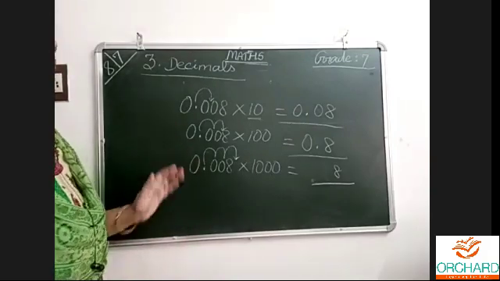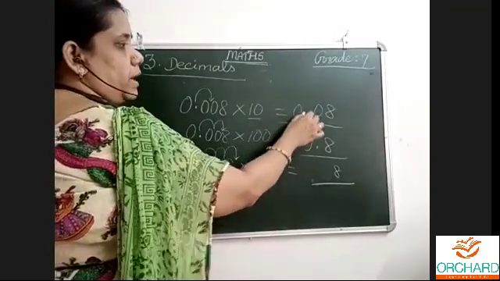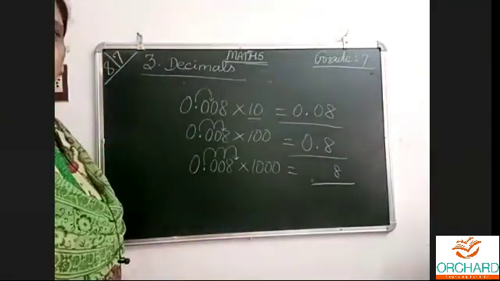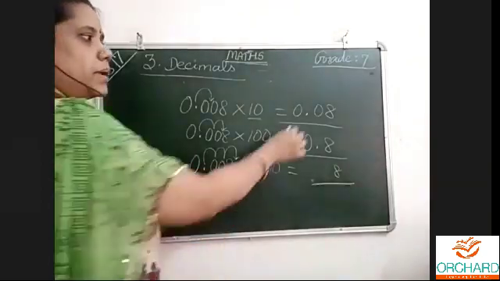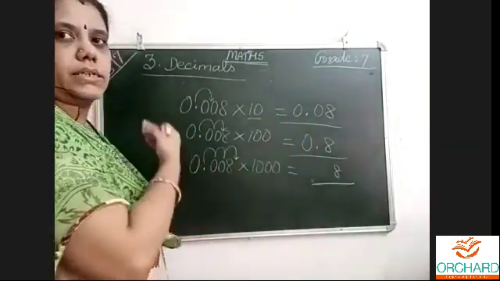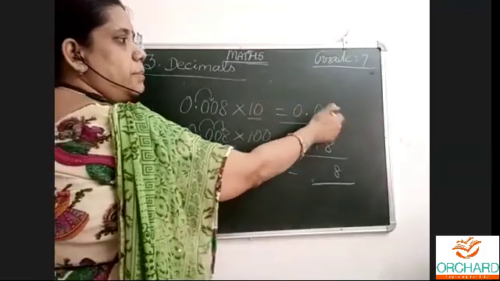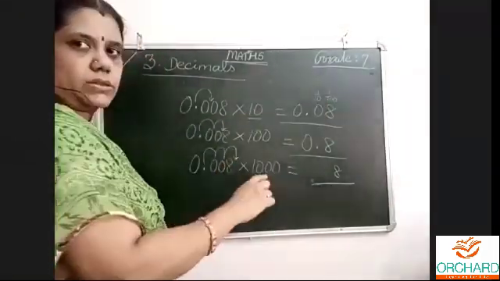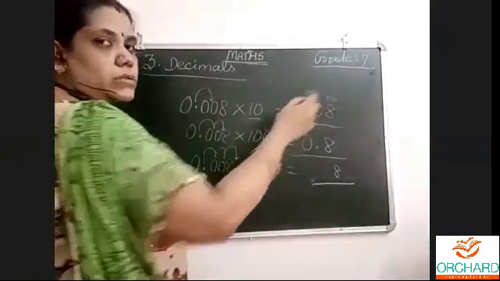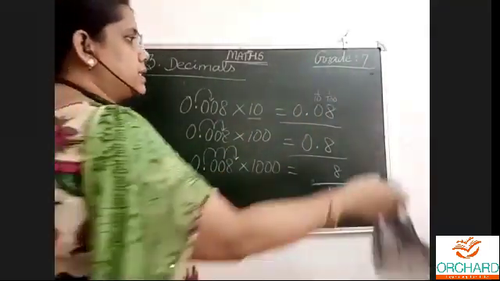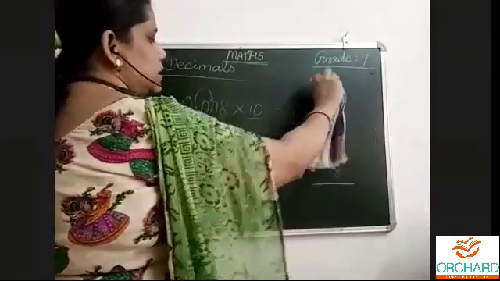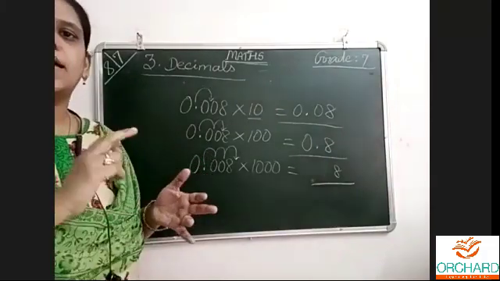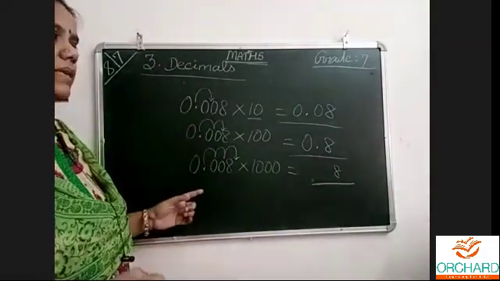So this is the way. This is called the whole number part. This is called the decimal part. After the point, last year we have seen this. Whole number part: ones, tens, hundreds. It will move like that. Decimal part: 1 by 10th, 1 by 100th, 1 by 1000th. That we have seen last year. We don't have that this year. This year we only have multiplication and division. These will all come in the exercise also.